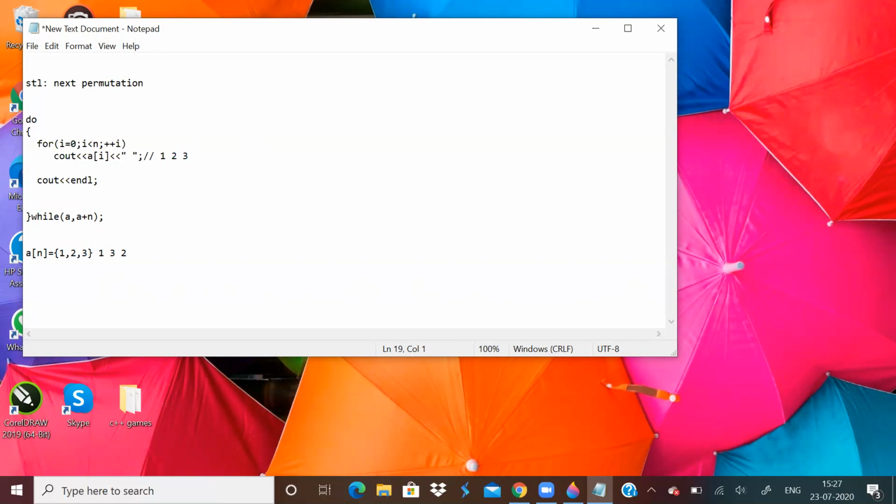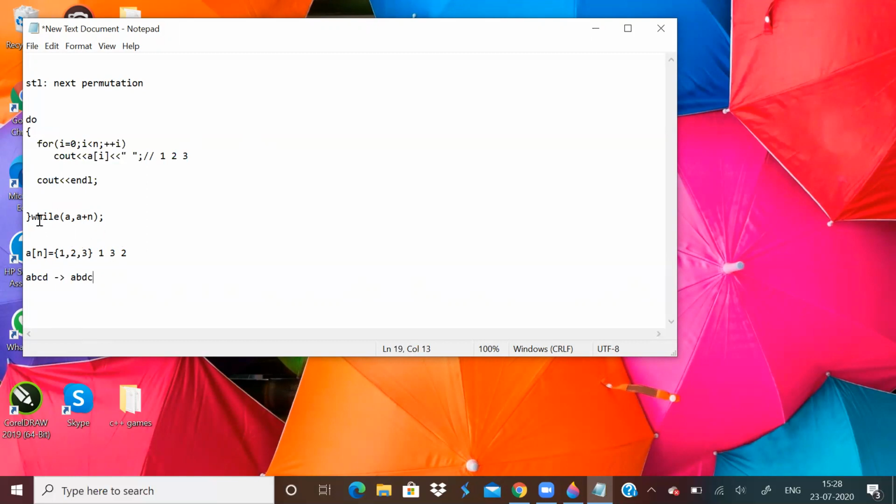I think you can understand this better with strings. For example, there is a string ABCD. The lexicographically next permutation will be ABDC. Coming back to our example, first 1, 2, 3 will be printed.